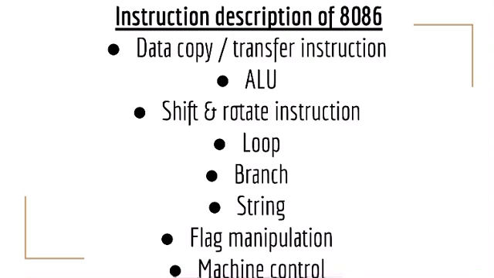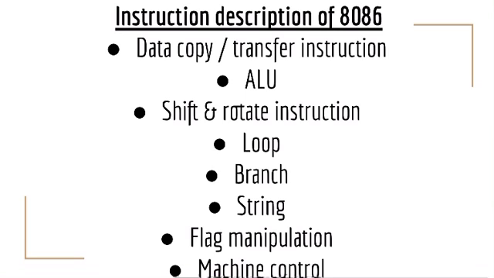Okay, a string of characters may be located in consecutive memory locations, where each character may be represented by its equivalent code. So the 8086 supports a set of string manipulations for referring to a string. Okay, so next we have the flag manipulation instructions. These flag manipulation instructions directly modify some of the flags of 8086.